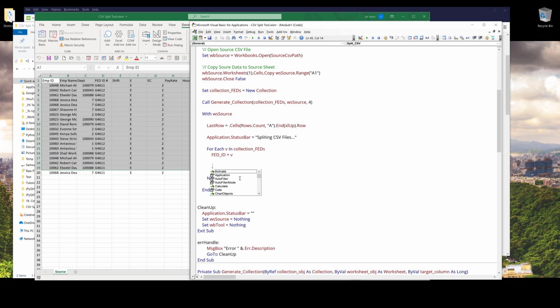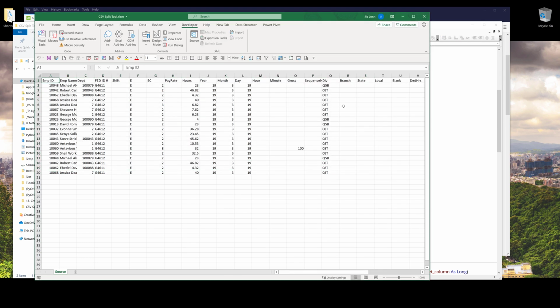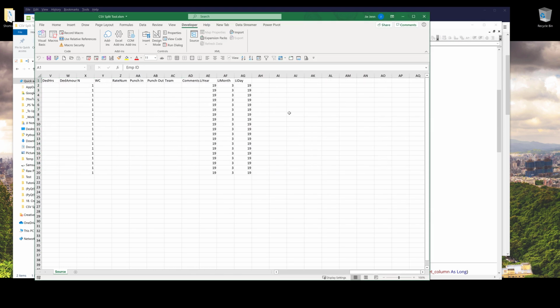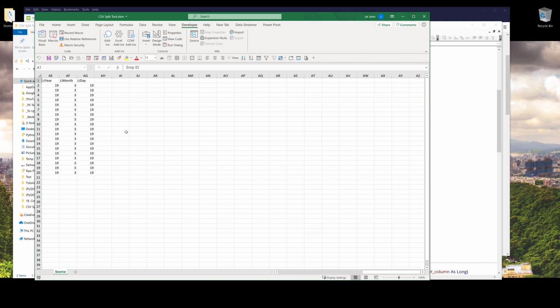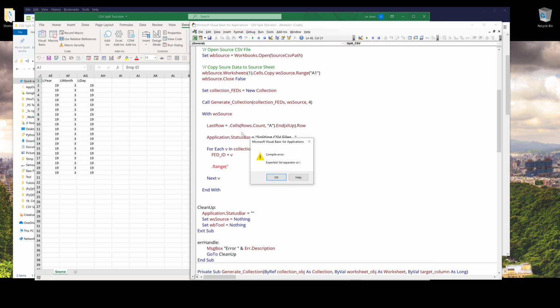Next, I want to apply an auto filter to my data set. So my data set is going to be from column A to column G, actually column AG. The last row number is not important because we already have the last row number from the last row variable. So here I'm going to insert my range address from A1 to AG, combined with the last row value, and apply the auto filter